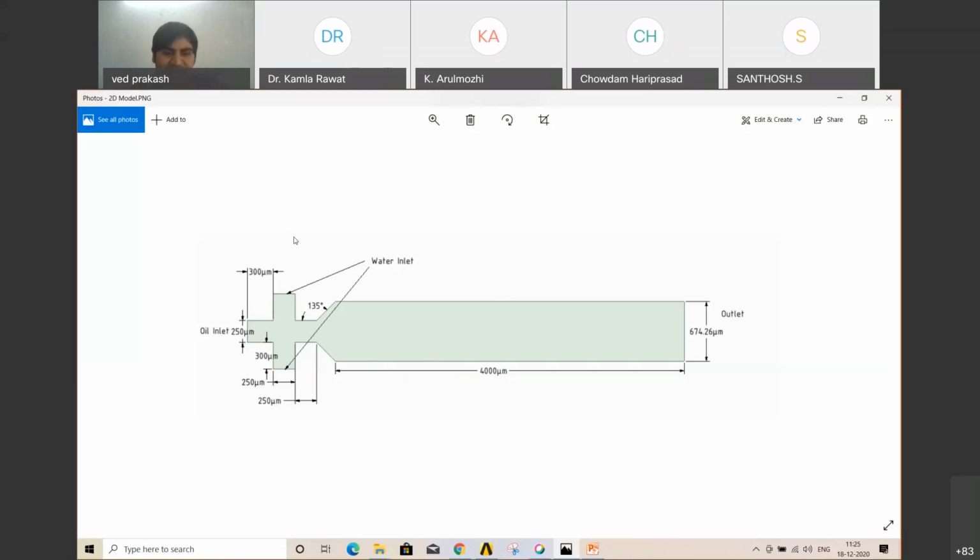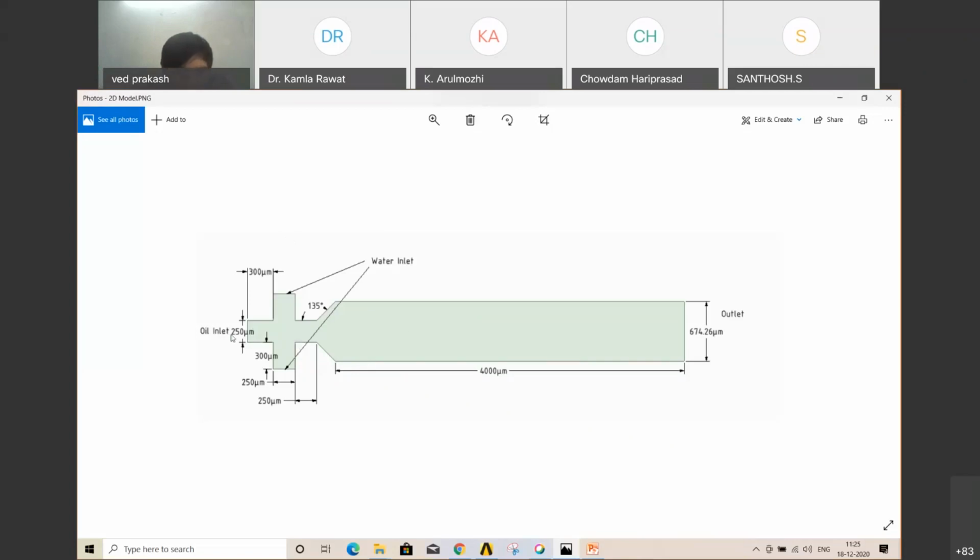Then after discretization, we will apply our boundary conditions and our multi-phase flow, because in the case of micro channels we do not talk about turbulent flow, because the flow is laminar. So the main concern here is our capillary action, and the surface is very important because surface tension will be there. So this is the geometry.